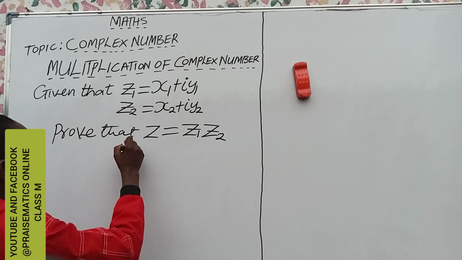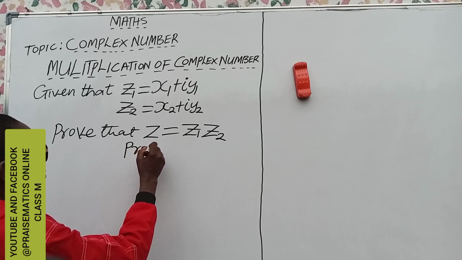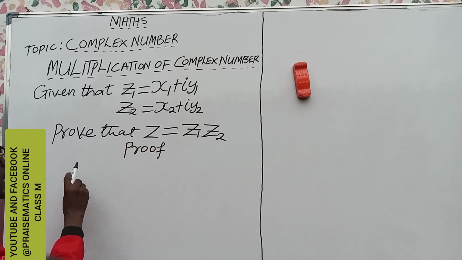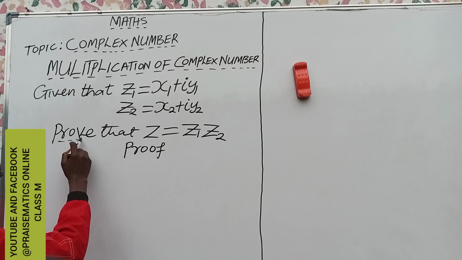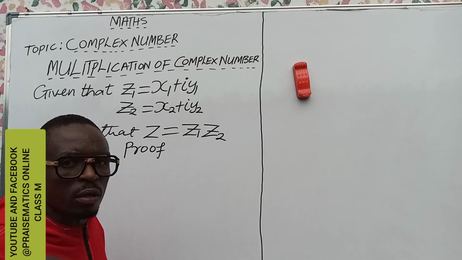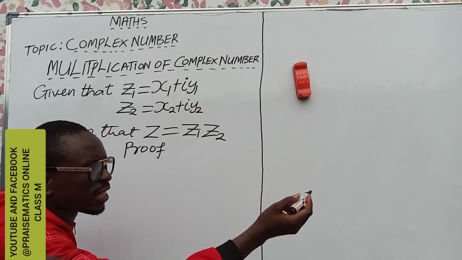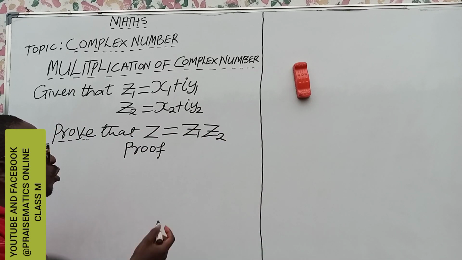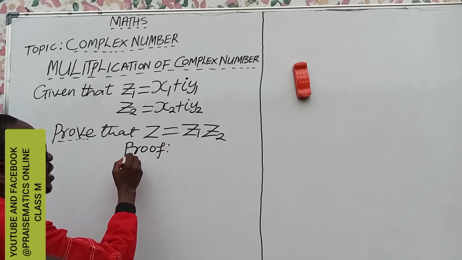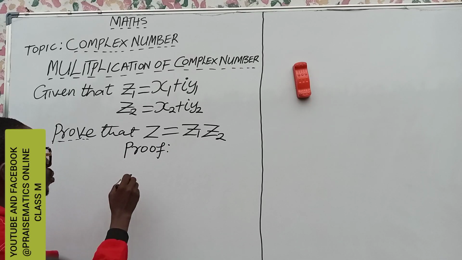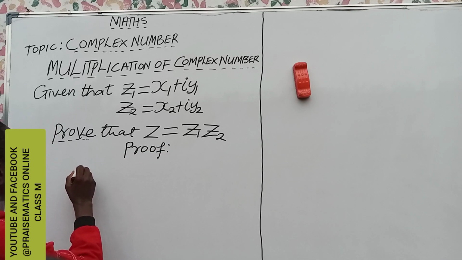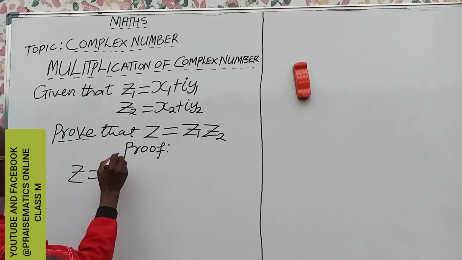Now let's start with the proof. In mathematics, we use this type of proof symbol for asking questions, like when you want to say prove that this is it. But if you want to provide a solution, we use this one for the solution. So now let's go. z equals